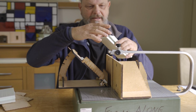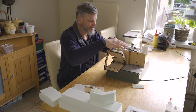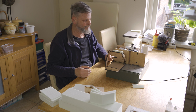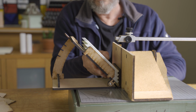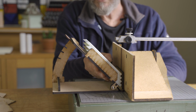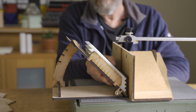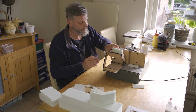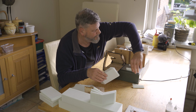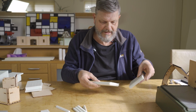Sheet for sheet into the tool, switch on the power, make sure the sheets are stacked nicely upon each other, and there we go. So I can remove this one. And let's see